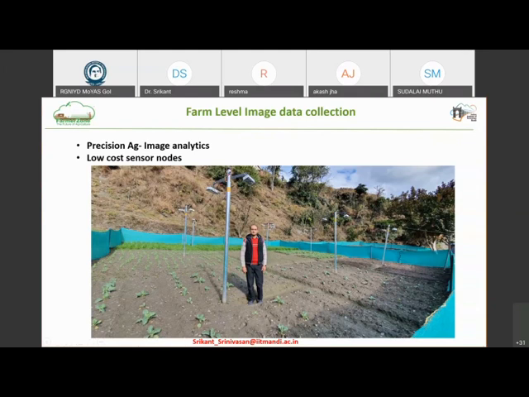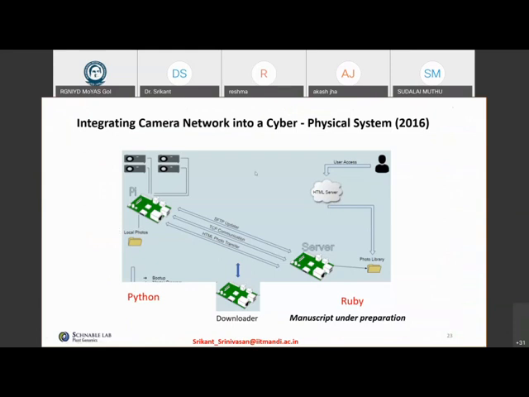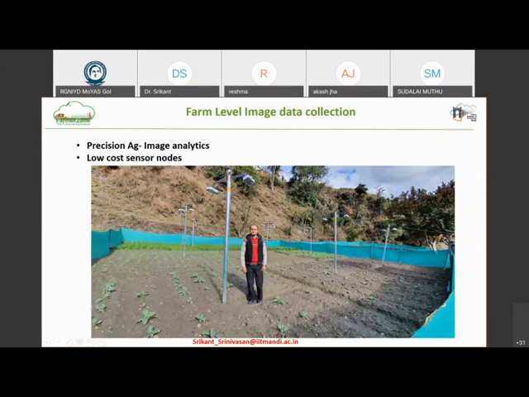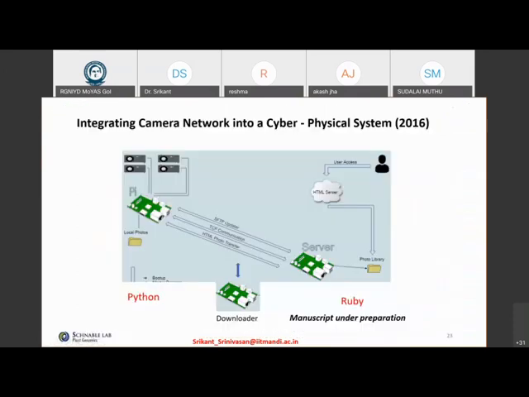This is where the Internet of Things comes into play. This is called a cyber physical system. The cyber system is of course the internet part. The physical system is the physical components that you're seeing on the field. When you integrate all of this, you as a remote person can be sitting somewhere and have access to an HTML server. On the field, every Raspberry Pi is connected to various cameras and sensors, pulling data, and that's connected to some server. And then you are directly accessing the server from some remote place. This way you're automating the entire process. You're able to pull data in real time, and in real time, you're able to monitor the field.